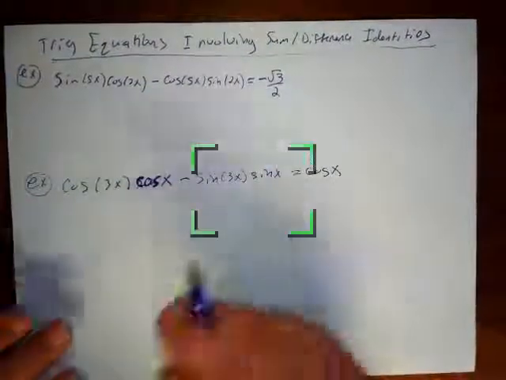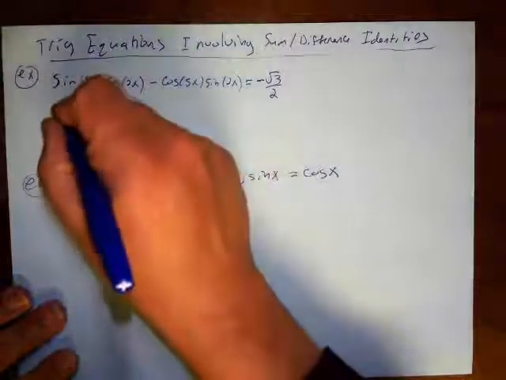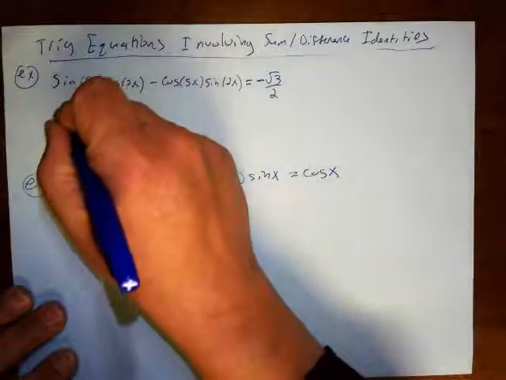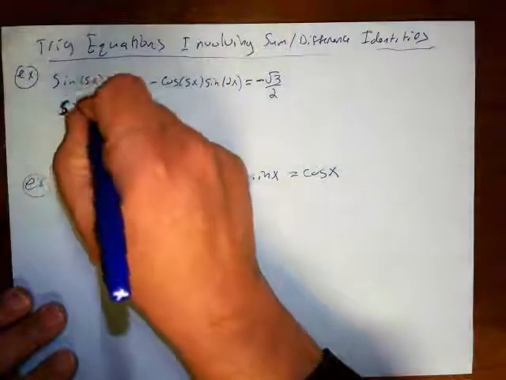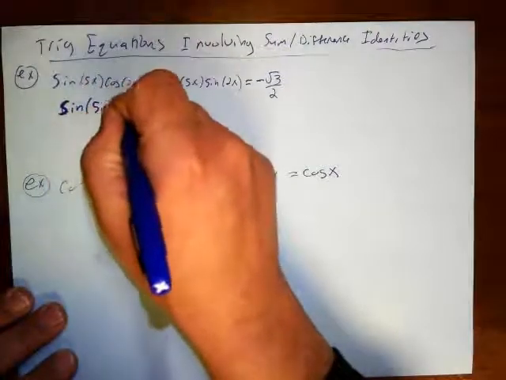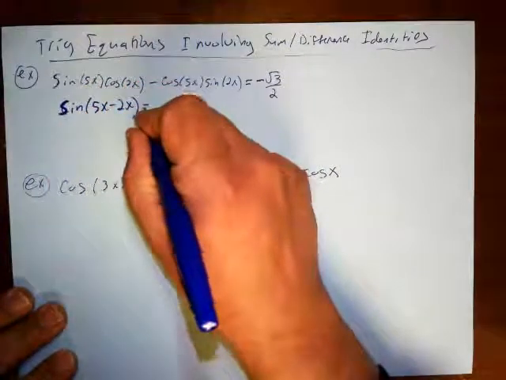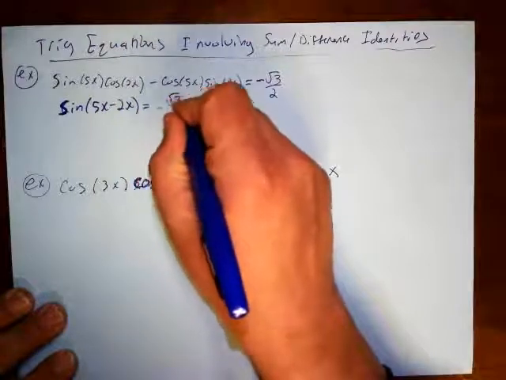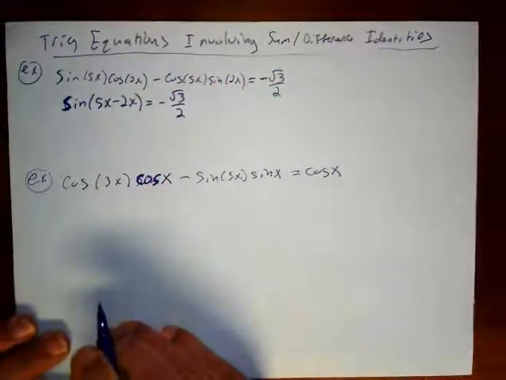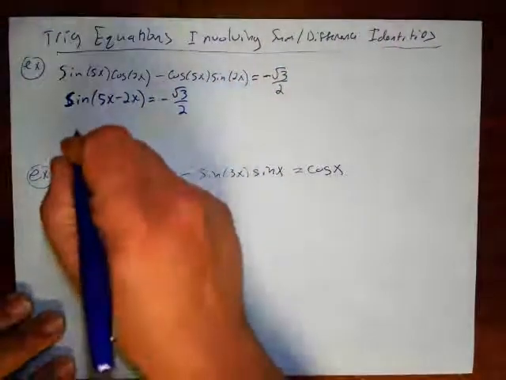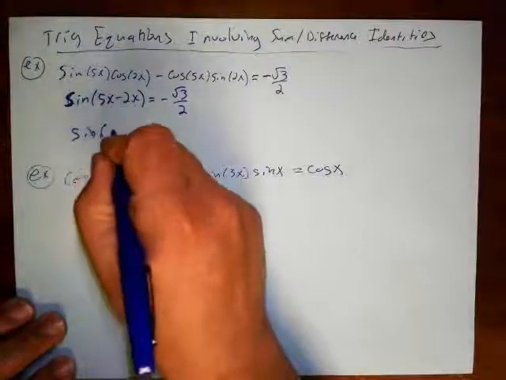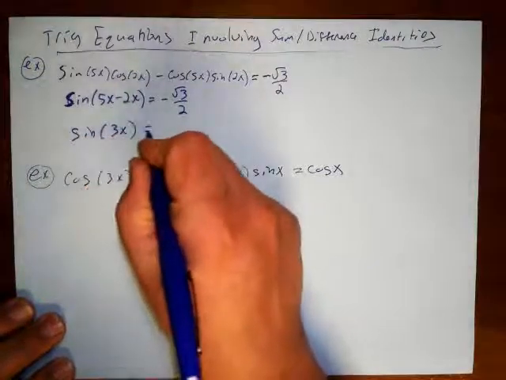And so you can rewrite this as sine of 5x minus 2x is equal to negative square root of 3 over 2. And the nice thing about that is this reduces down to sine of 3x is equal to negative square root